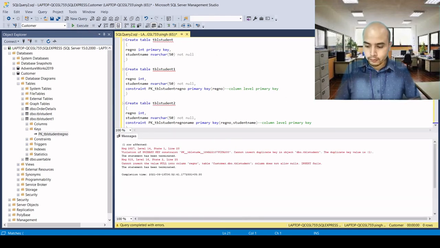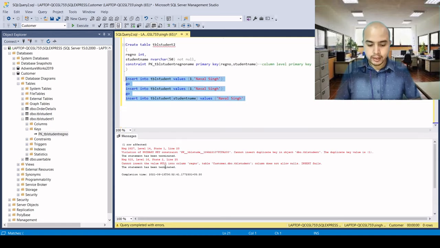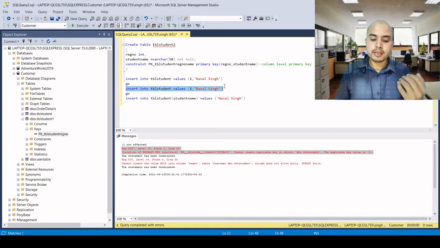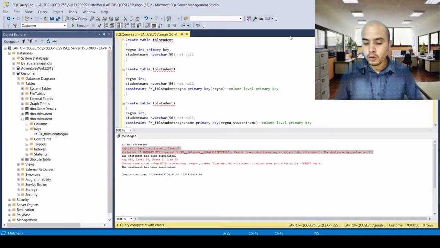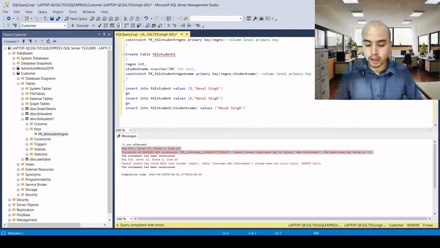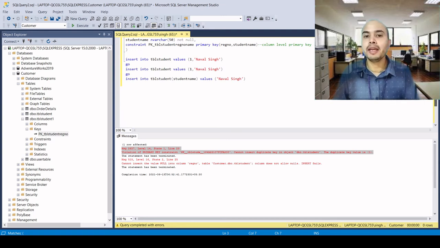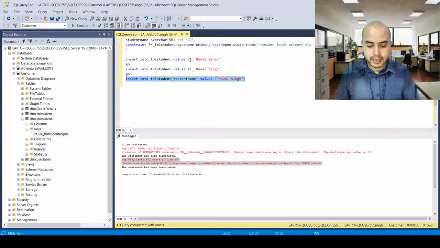In the first query, the data is inserted. The second one gives us a primary key error. Even though we have not defined it as not null, it has taken it as not null, because the property of the primary key is not null plus uniqueness. And the third error is that we cannot insert a null value into the primary key field. So I hope you understood the concept.